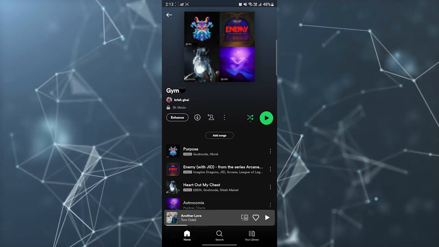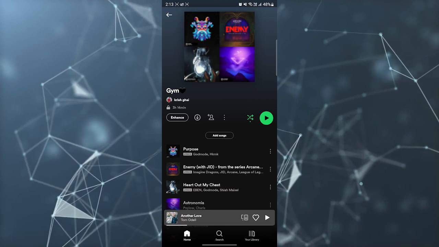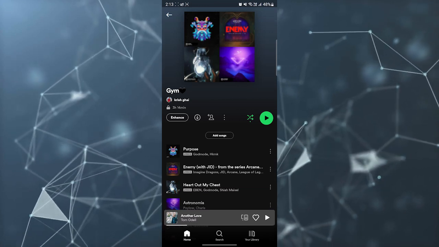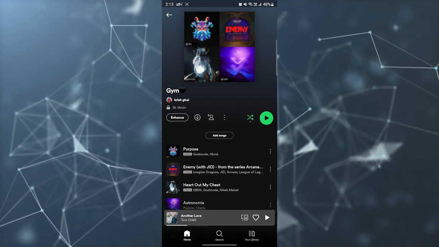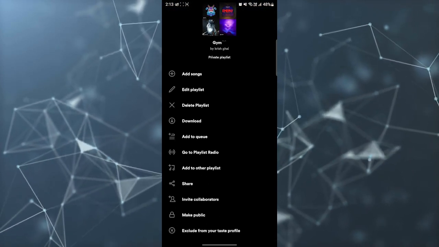No one can see it on the Spotify search. It will never be shown in any search on Spotify under any name. Okay, so it is now private, and if I want to make it public, I can just do the same